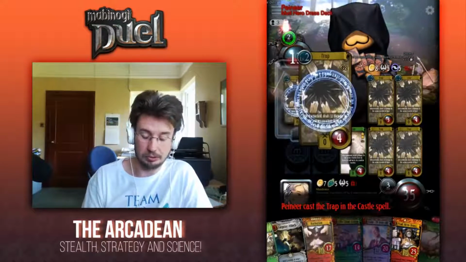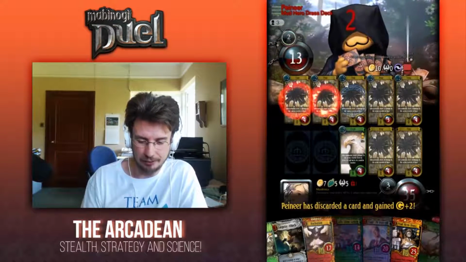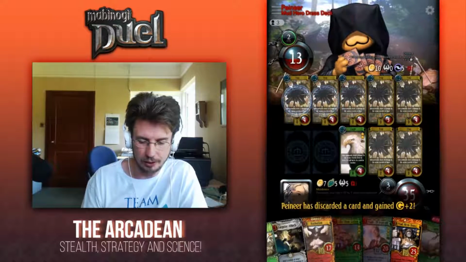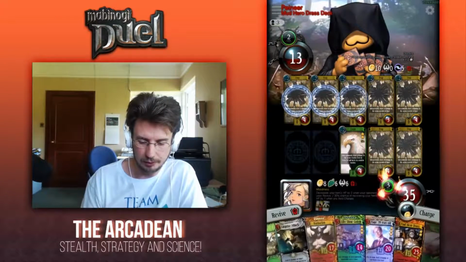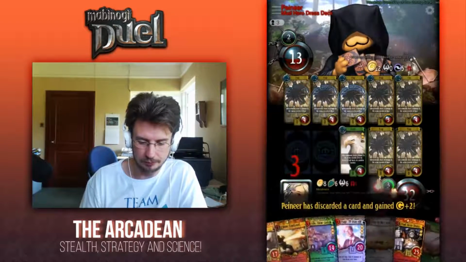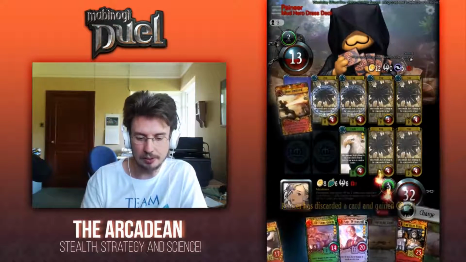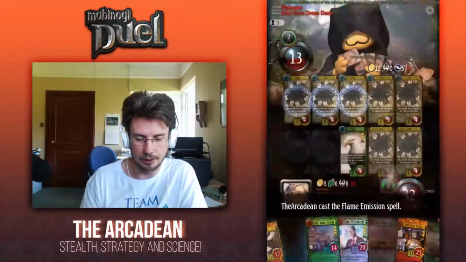We currently have enough resources to summon... Really? Trap in the Castle again? Okay. I was going to say we have enough resources to summon Dras and the 39-year-old hero with ease, but now I'm going to have to revive and... I mean, I'll just use another Flame Emission. It's not great